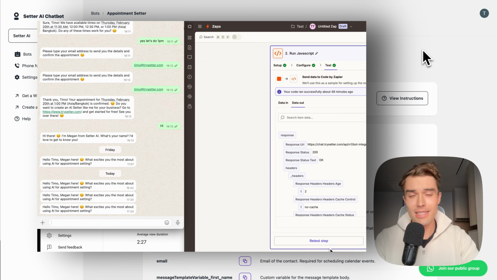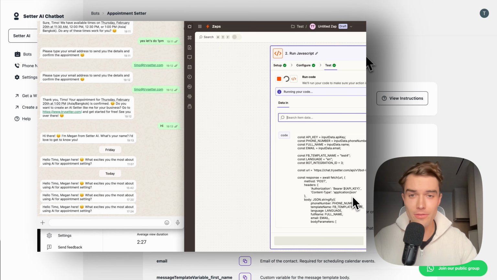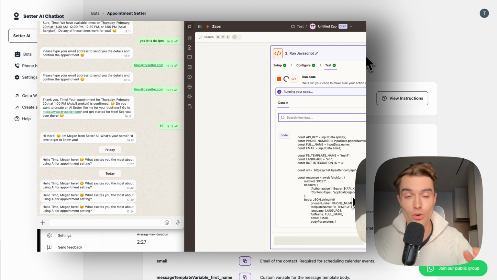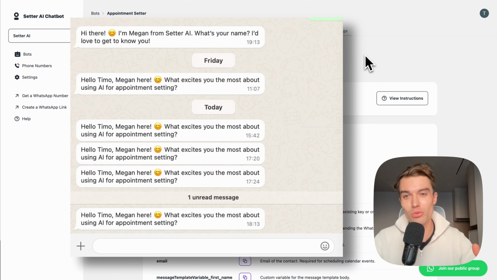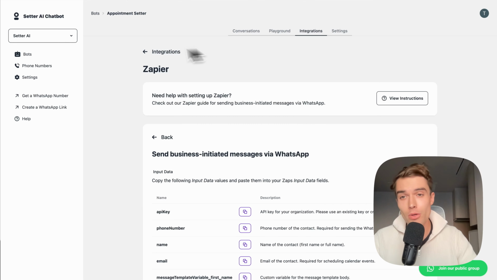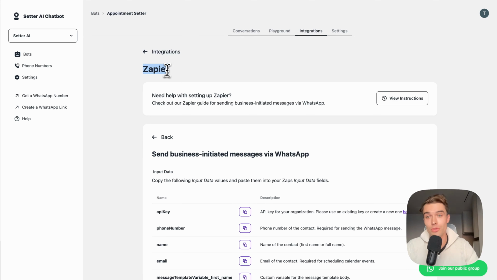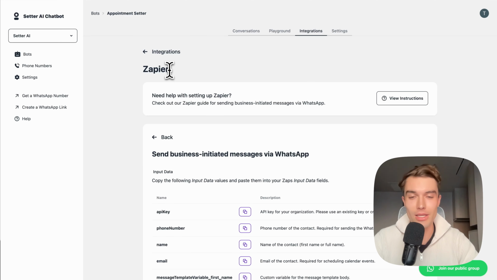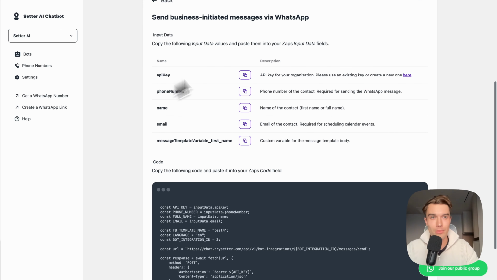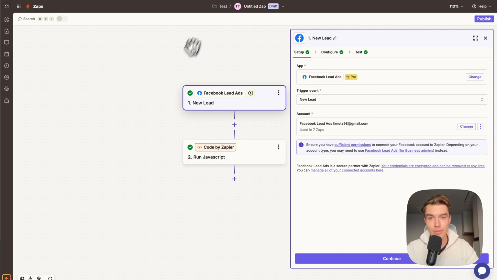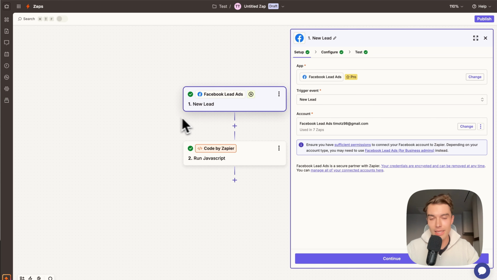All right, in this step, we are connecting our lead form to Zapier in order to send an automated outbound WhatsApp message. By the way, you can use any tool. You don't need to use Zapier. You can also use make.com or any other connection tool that you might use that allows you to send a code snippet. So in order to set this up, we first go to Zapier and select the lead form that